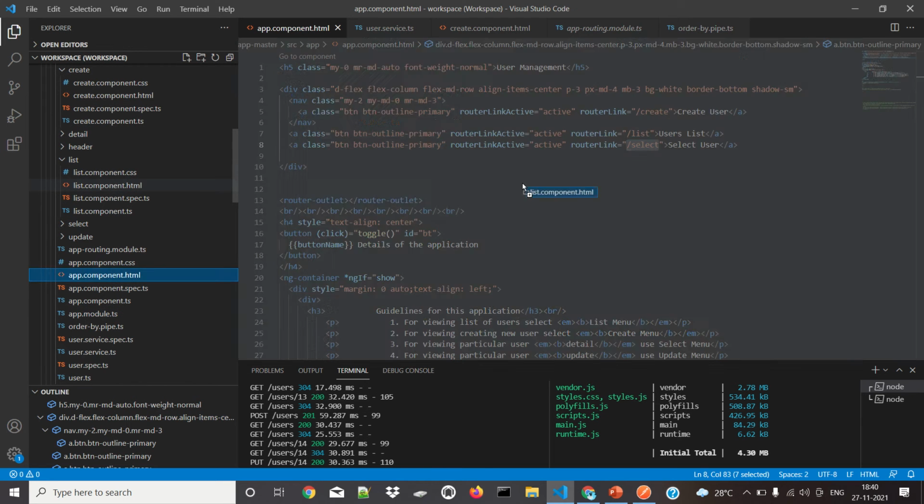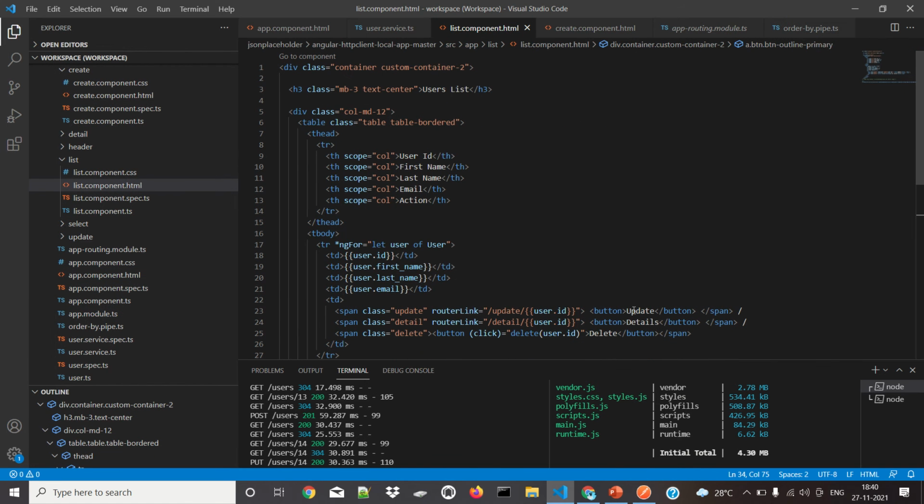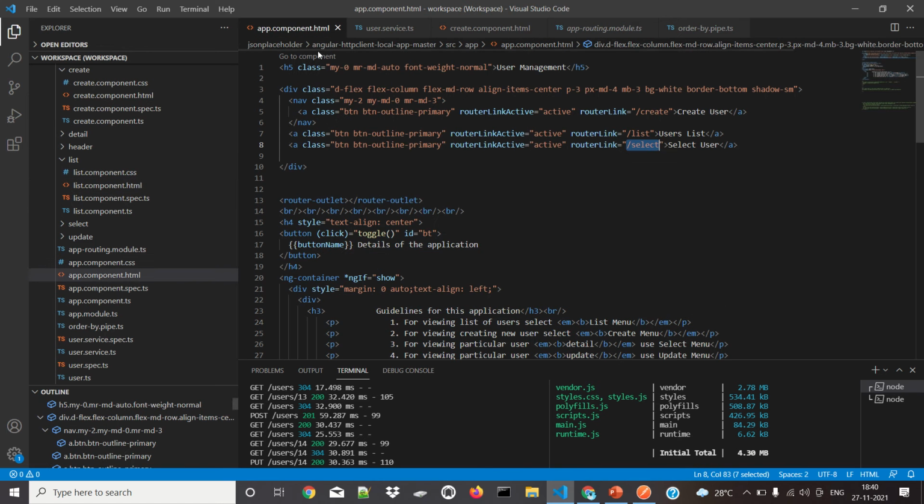If you come to this page, you can see I have given an update button. For this update button, the router link will go to update with that particular user ID. Likewise, detail is also working. That is the main usage of that one.